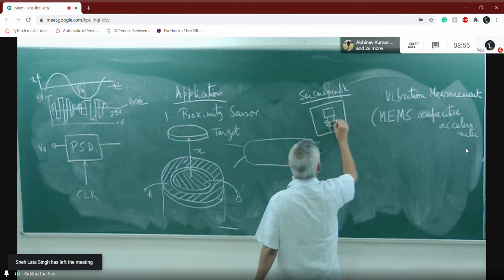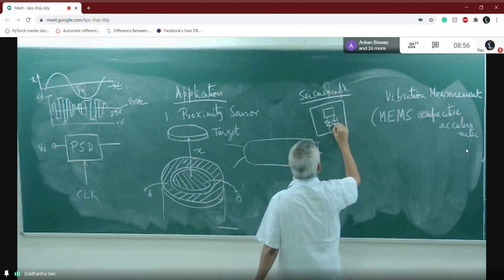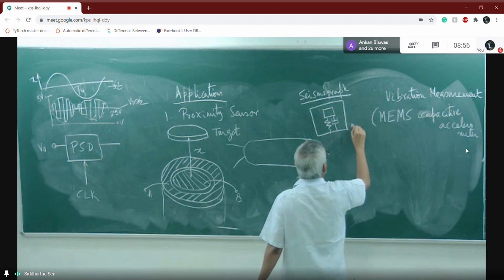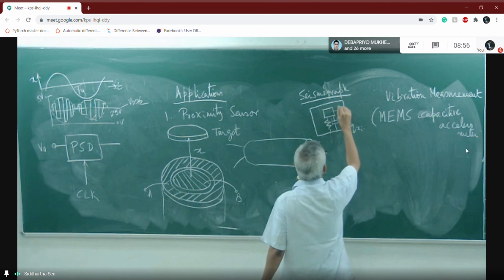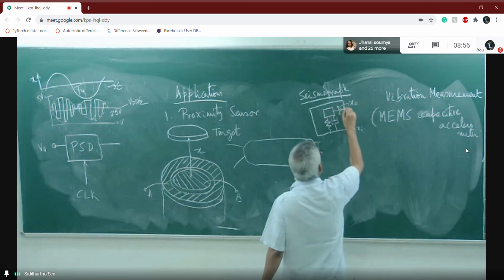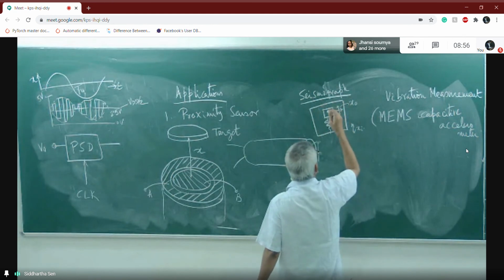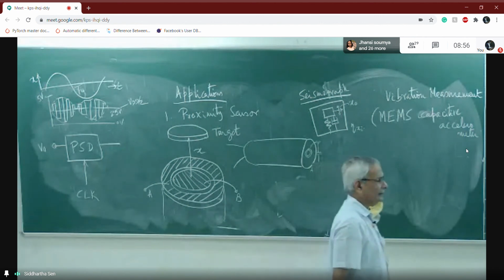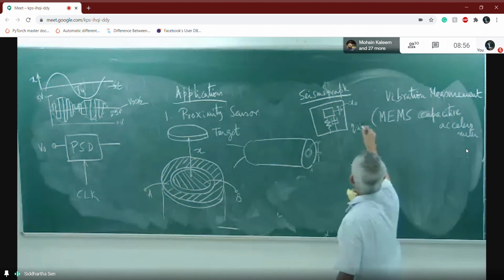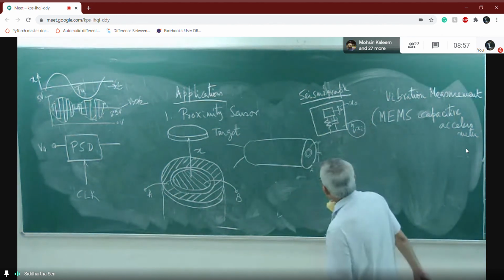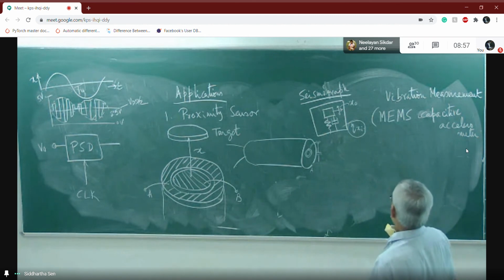So what we have actually is a mass which rests on a spring and a damper, and the body is placed over where it is vibrating. Then there would be a relative motion of the mass between this body and the mass there. And this basically gives you a relative motion. Now, if I measure x0, I can get an estimate of xi. That is what is called a seismograph.